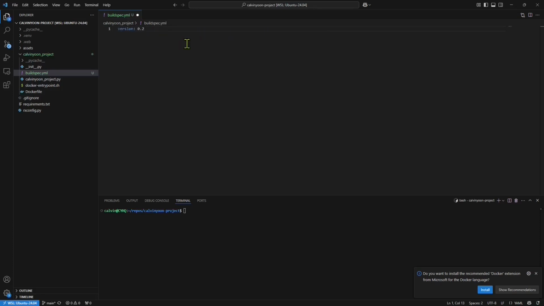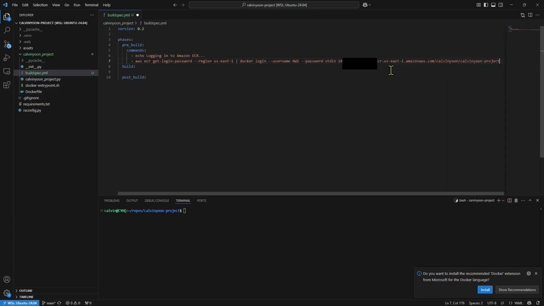I'm going to start with version 0.2, and then for phases, I'm going to have pre_build, build, and post_build. The commands for pre_build are going to be echo, logging into Amazon ECR, aws ecr get-login-password, region, whichever region you're in, pipe, docker login, username AWS, password-stdin, followed by the ECR URI, image tag, latest, and